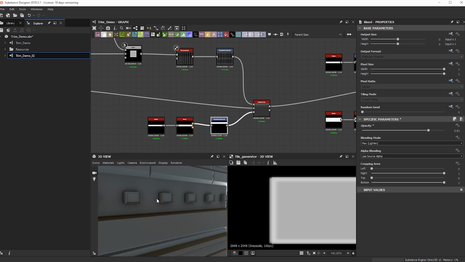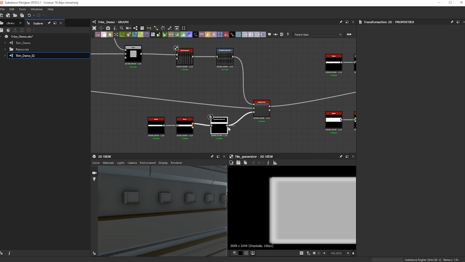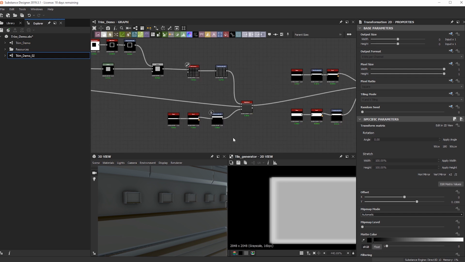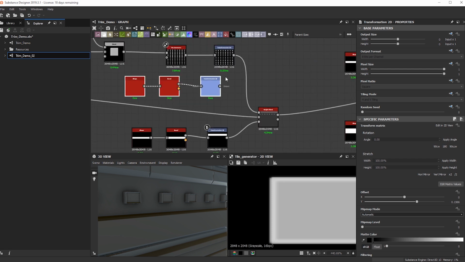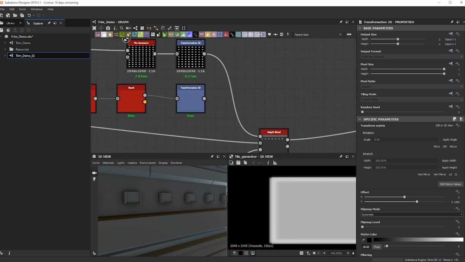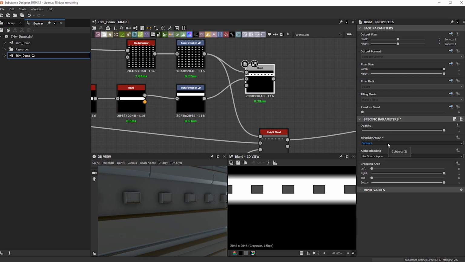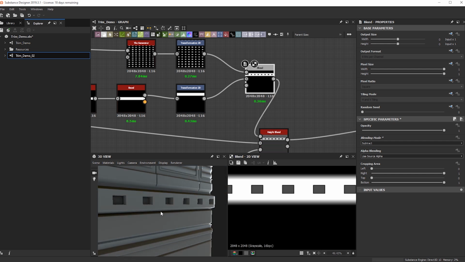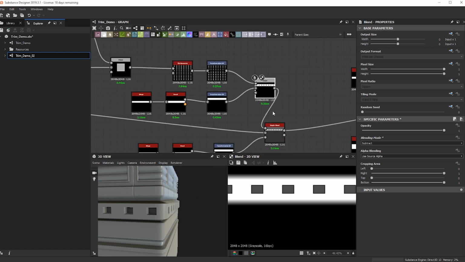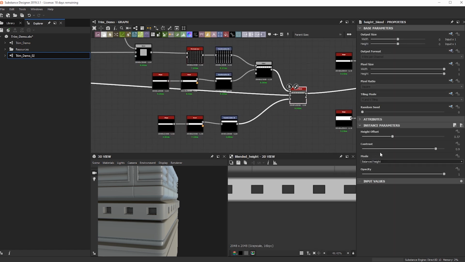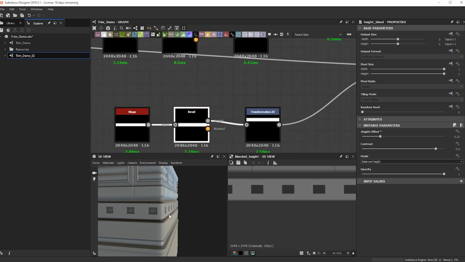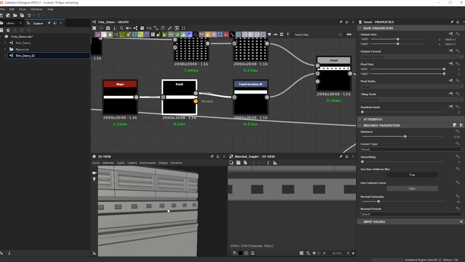And I do like the shape it's kind of giving us, but what I want to do is let's actually take this same thing here, do a blend here, and let's start. Yeah, that's looking pretty cool. So now we're able to control it just a little bit better here. I'm gonna plug this guy in and see what it gives us. All right. Now it's giving us another kind of trim piece here, which is exactly what we're looking for. But the height offset is just a little too high for what I'm liking. And also, I might want to bring in the bevel on this guy just a bit as well.